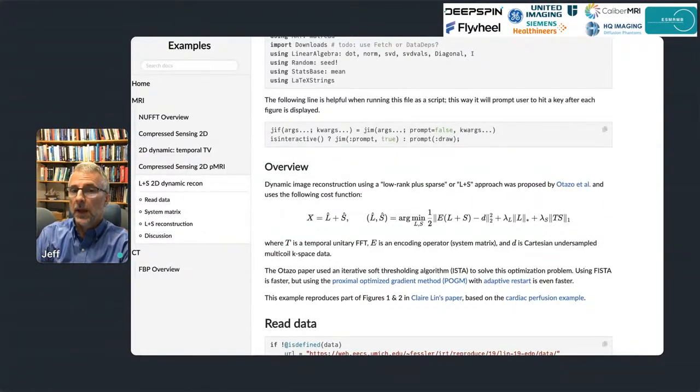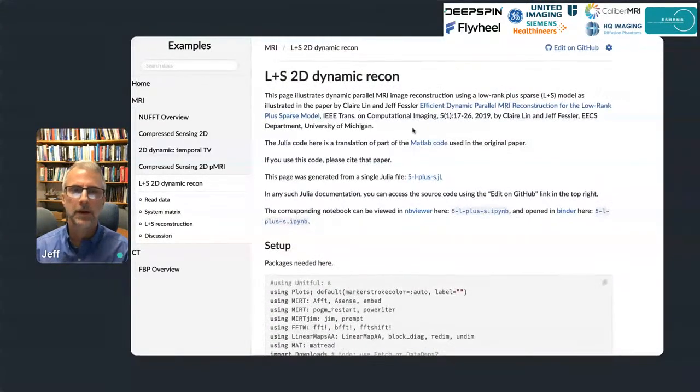Now in Otazo's original paper, he used the iterative soft thresholding ISTA algorithm, which is a first order method that solves the problem but does so slowly. And my former PhD student, Claire Lin, investigated a proximal optimized gradient method that converges much faster. She did that in MATLAB, and for this purpose here, I've re-implemented that in Julia to try and reproduce those results. I want to point out that everything I'm showing here actually was written in Julia,